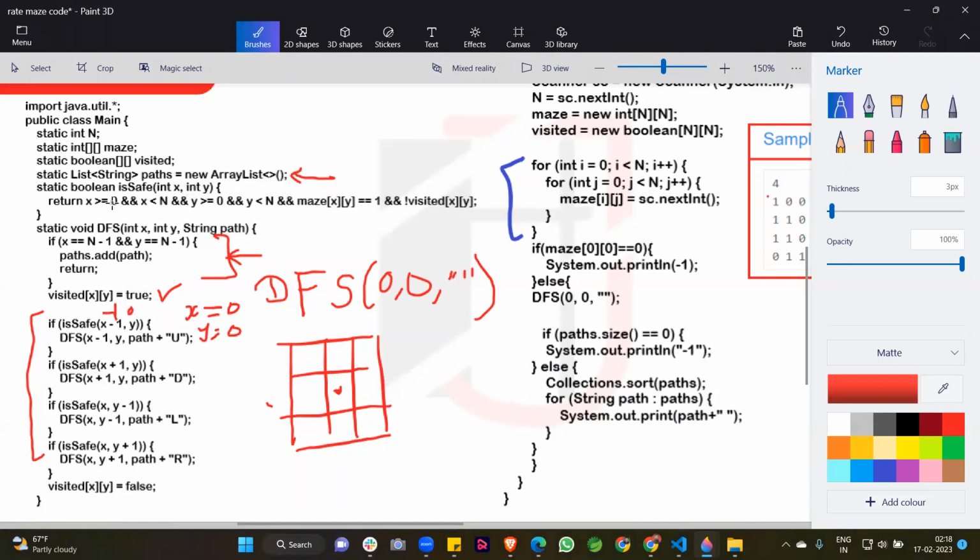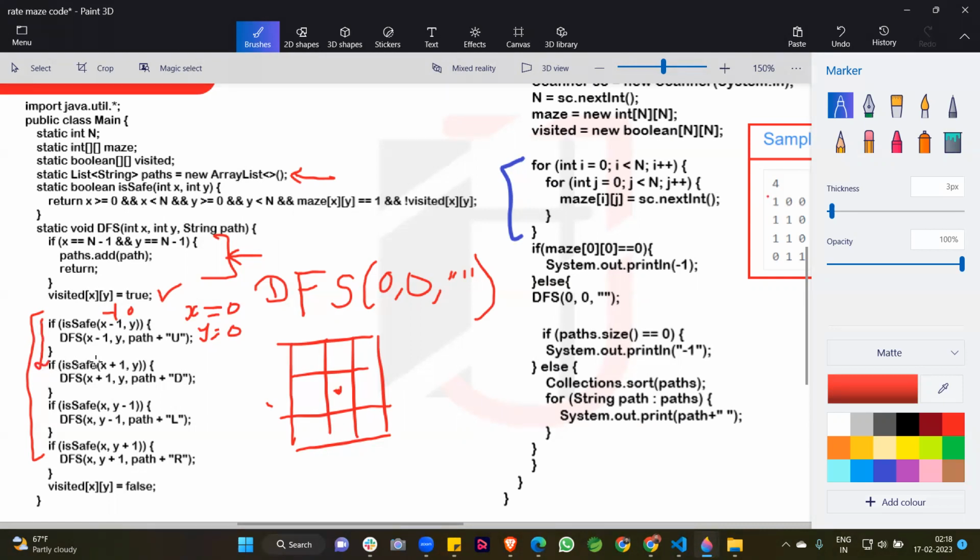If our x is greater than or equal to 0, we know very well our x value is not greater than or equal to 0, x value is minus 1. So our first condition is wrong, and when the first condition is wrong, all conditions are wrong here. So this returns false. When this returns false, we do not perform such an operation and we are not calling this function. Okay guys, so we come to this line.